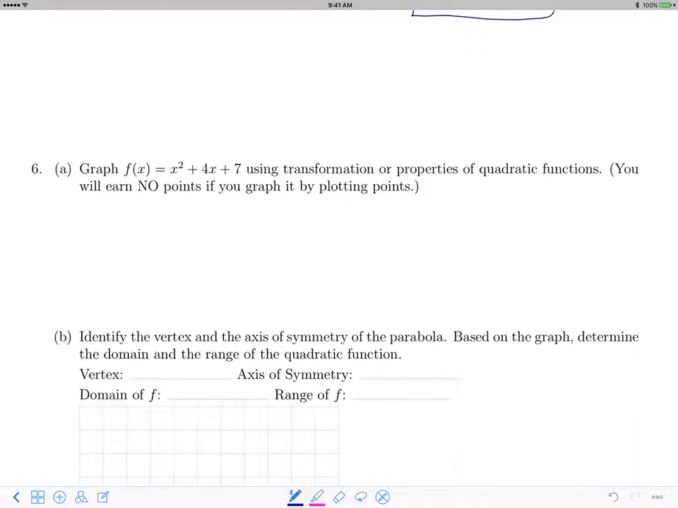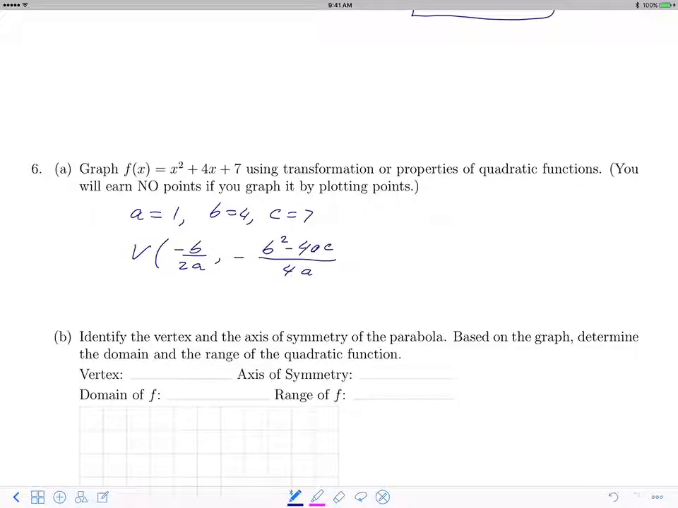In number 6, we want to graph this quadratic function using transformations or properties. I'm going to graph it using properties. So first I identify a. A is 1, that's the coefficient of x squared. B is 4, and C is 7. Now the vertex comes from minus b over 2a, and then for the y-coordinate, it's minus the discriminant